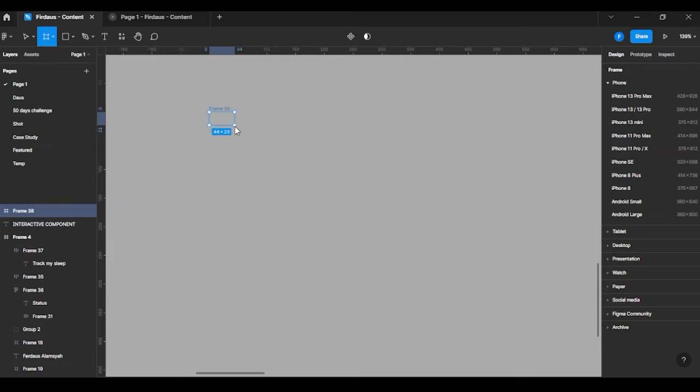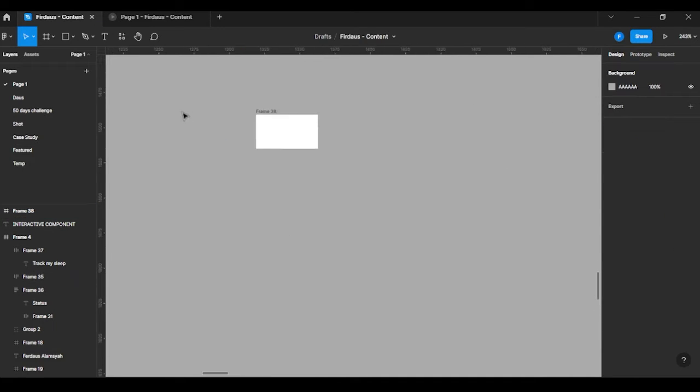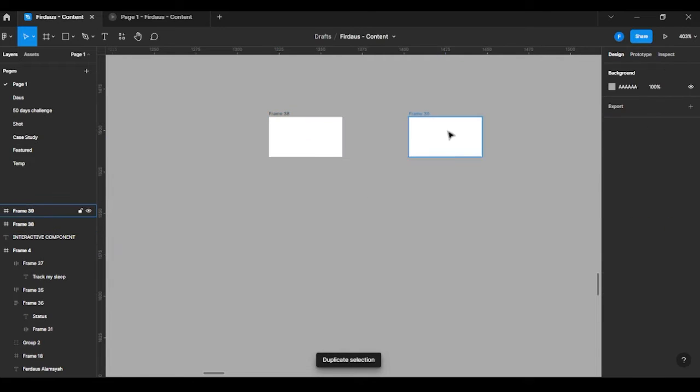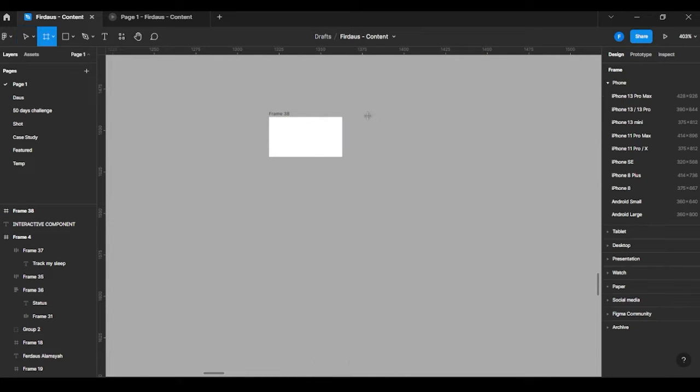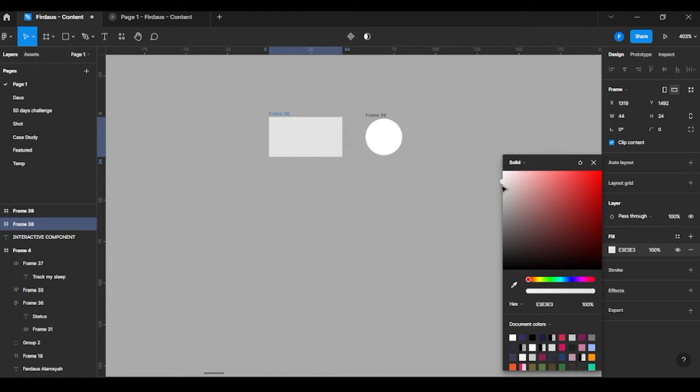Create a frame with width 44 pixel and height 24 pixel. After that, create another frame with width 22 pixel and height 22 pixel. And make both border radius to be 20, for example. After that, change fill color in both of frame